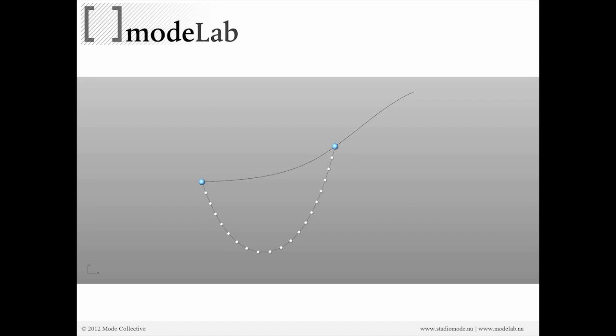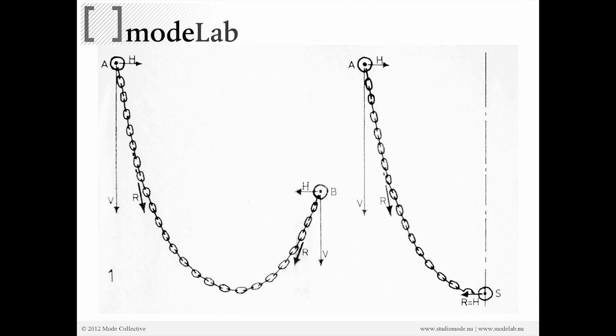Catenary curves would look something like this, if this is a sketch of what we're about to produce. A catenary curve is just the shape that is assumed under its own self-weight. Typically we can understand catenary curves as chains, which is a really direct way to wrap our head around it. If we have a chain with a collection of links, and each end of the chain is anchored to a location in space,